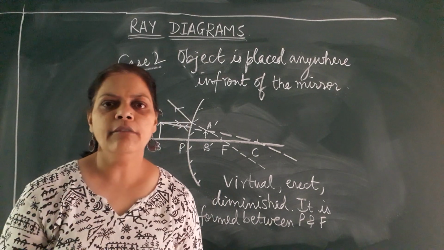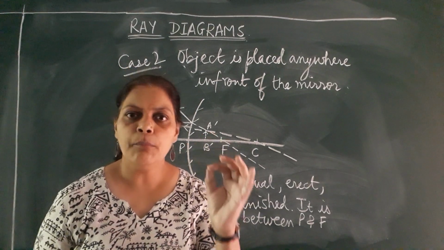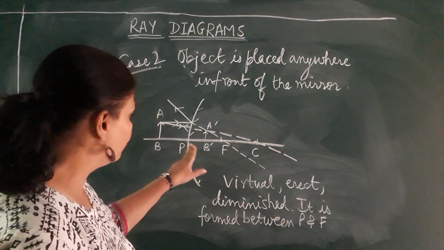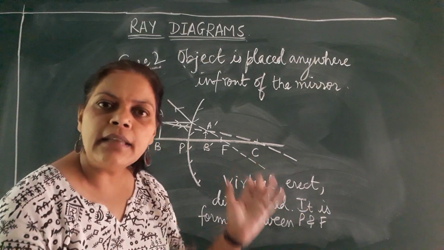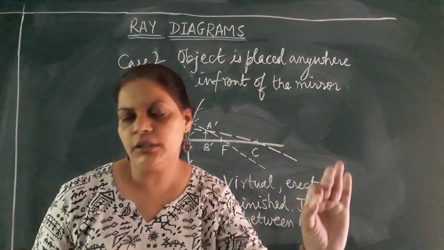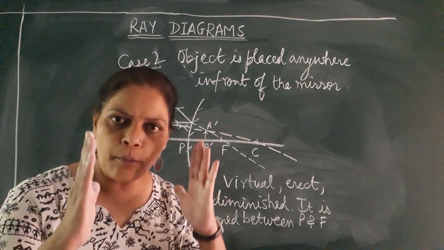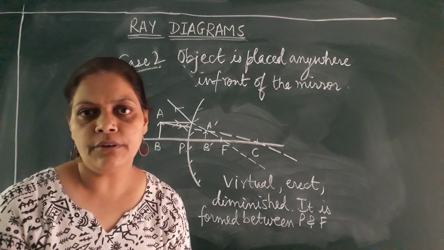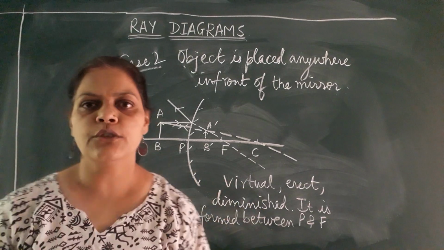Secondly, whenever you draw a ray diagram, always use a proper, pointed, sharp pencil, a scale, and follow the rules I told you, 2 centimeters, and then you draw a proper curved mirror, see that it is polished, and wherever the position of the object is to be taken, you will exactly take the object at that point. Use a proper scale to draw your diagrams. And whenever you draw a ray diagram, children, remember it's very important to put the arrows and also write the characteristics of the image.